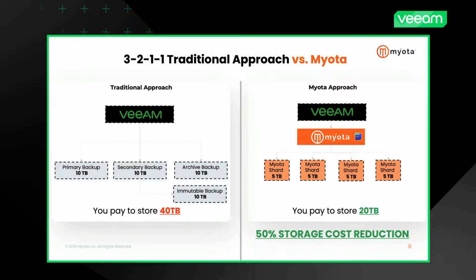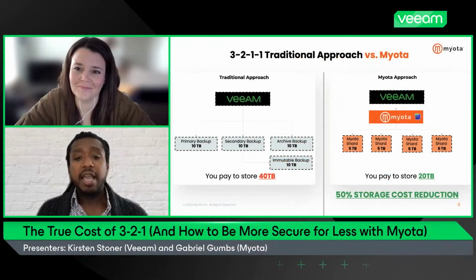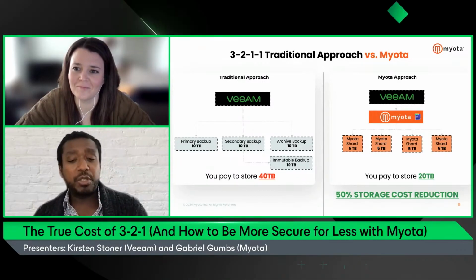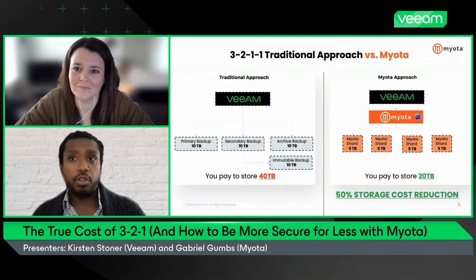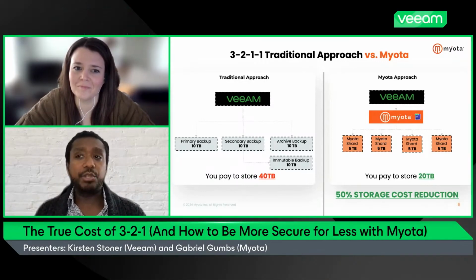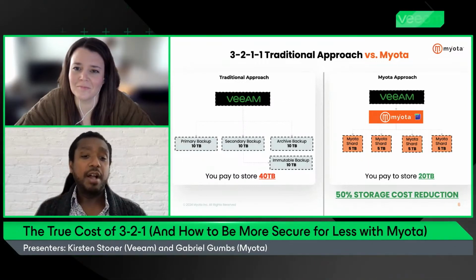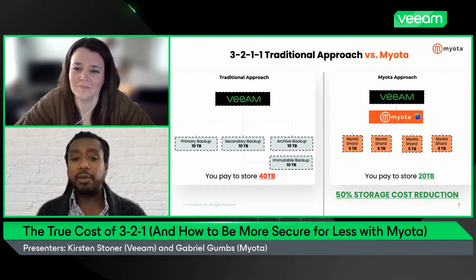Which is to say, we've all been doing that perfectly okay because folks didn't know Myota was a thing. And until we created it, well, it wasn't a thing. But now what Myota's done with the shard and spread process is it takes that same original 10 terabytes of data and, not too dissimilar from a RAID process, I break that data up into 4 smaller pieces. There's some parity information included in there. There is all of the immutability information included in there. There is my key shards and metadata all included in there. And now what I have is a total of 20 terabytes of data stored across multiple locations, encrypted and immutable. But as you can see, I'm only using half of the terabytes necessary to still get to that 3-2-1 outcome,